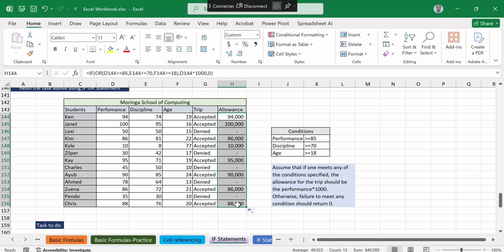If you are denied, people like Lexi, Zilpa, Charles, Ahmed, and Pendo, it is because they did not meet anything. They did not meet performance, they did not meet discipline, they did not meet age. That is when you are denied under the IF OR statement. So that is it. If there is any question from